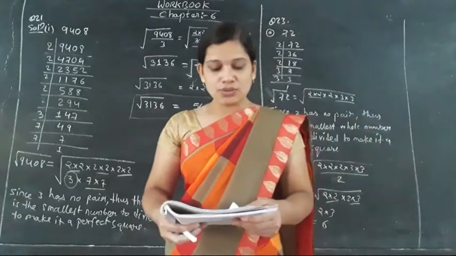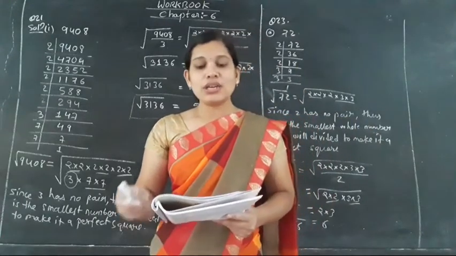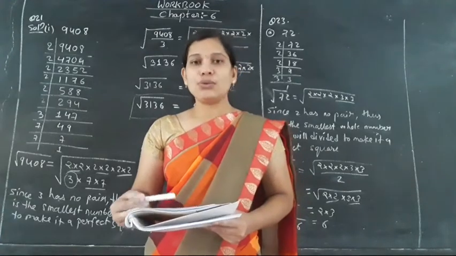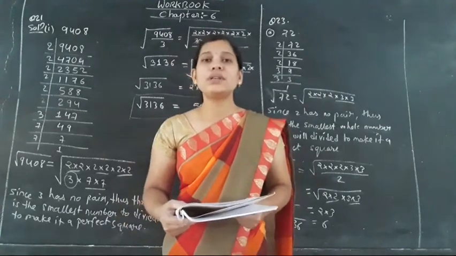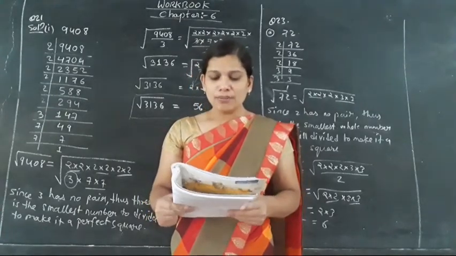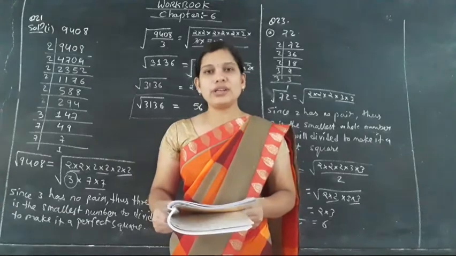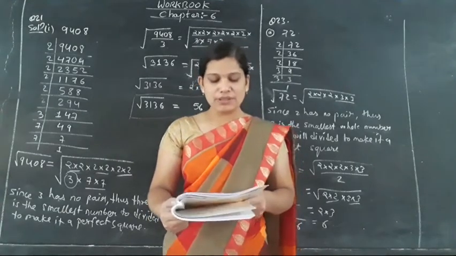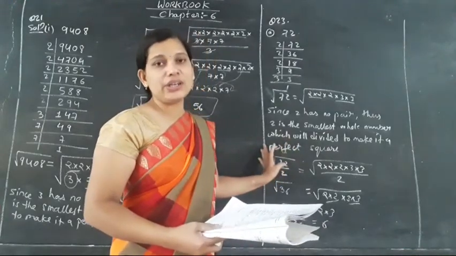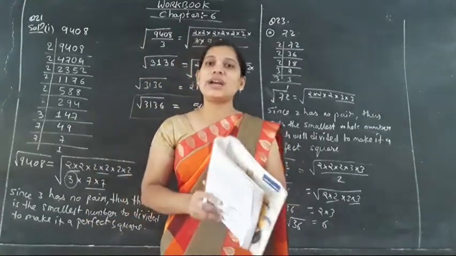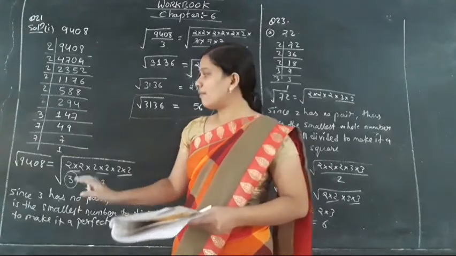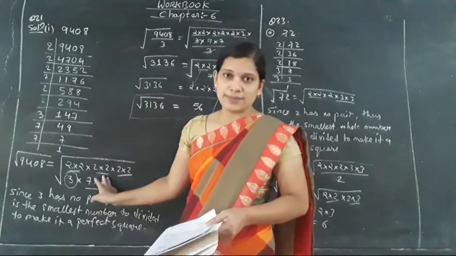Moving toward the next question, that is question number 22. So dear student, here many parts are given, that is B, C, D, E, F. Try to do them on your own. In question 22, it is said to write the number of digits in the square root of the following numbers. It is a very simple one, student. Later on I will tell you what you have to do. First let's do the 23rd question, because the 23rd question I had done on the board. As I told you, the 21st question, the rest of the parts you have to do the same way as I explained the first part over here.